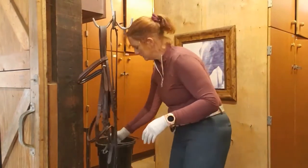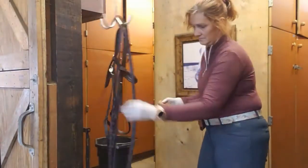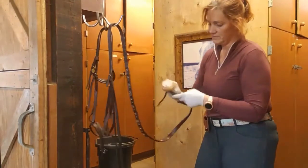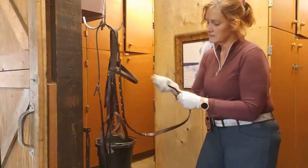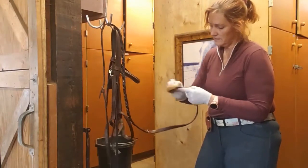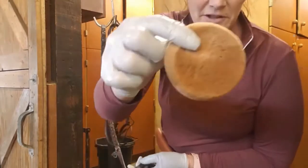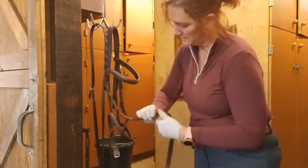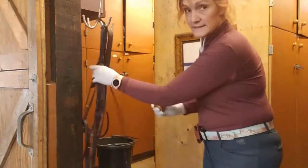Okay, need a little more soap. You'll find that some soap suds more than others. This soap doesn't sud a lot, but it's doing enough. You look at the sponge, it's dirty, and I've already cleaned this a couple times. I'm still getting that much dirt off. Uh-oh. All right, so now that I've made everything kind of sudsy,